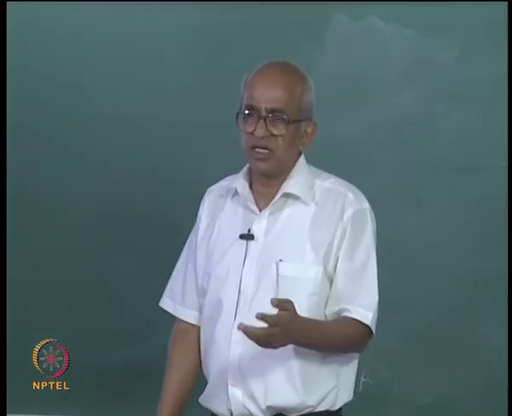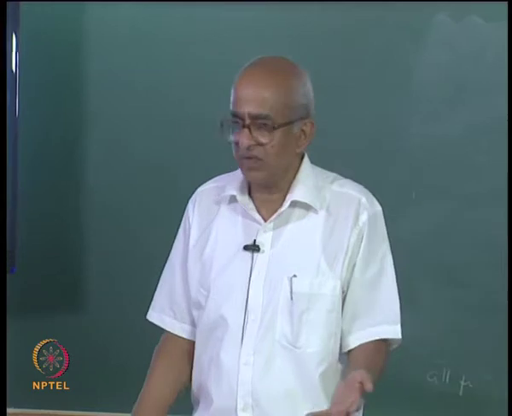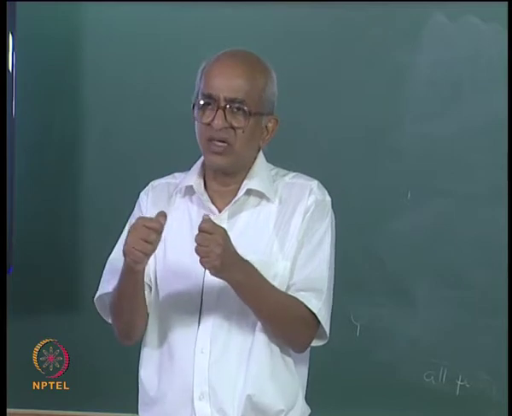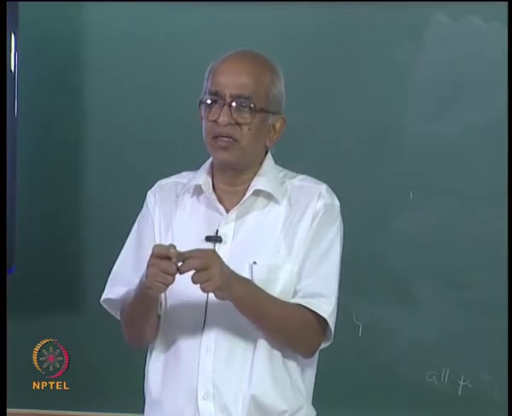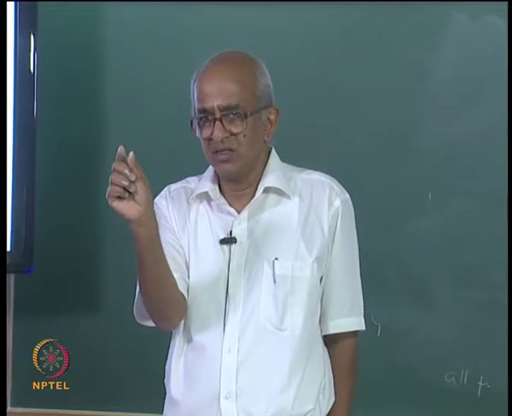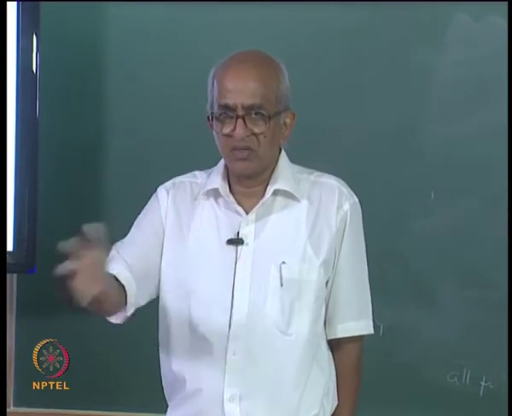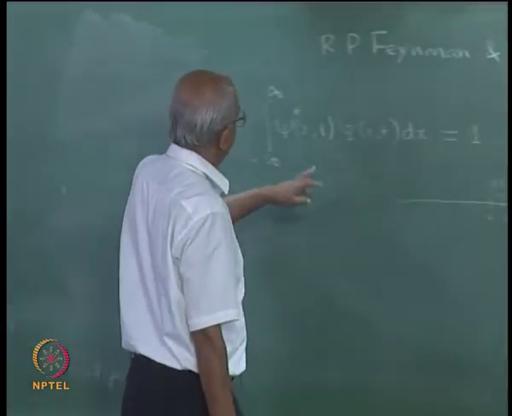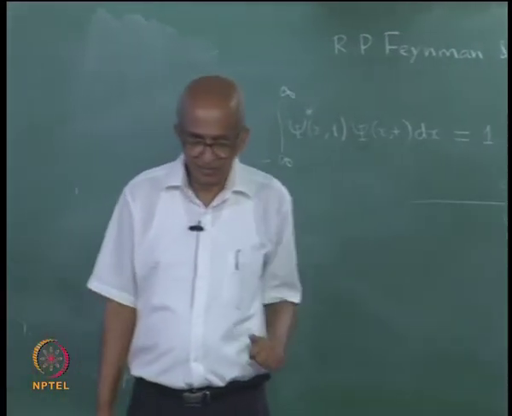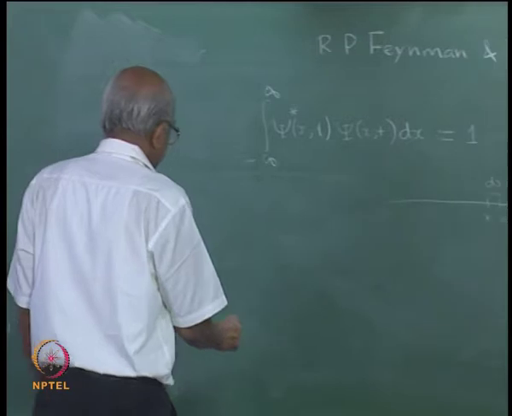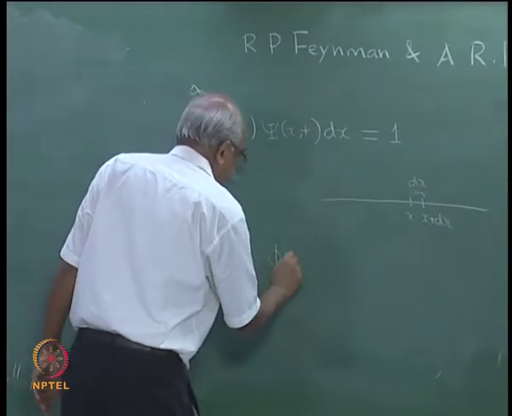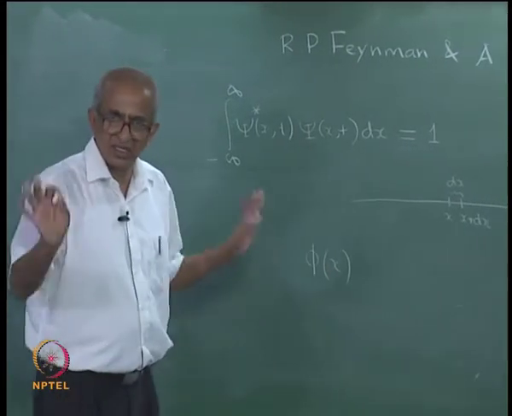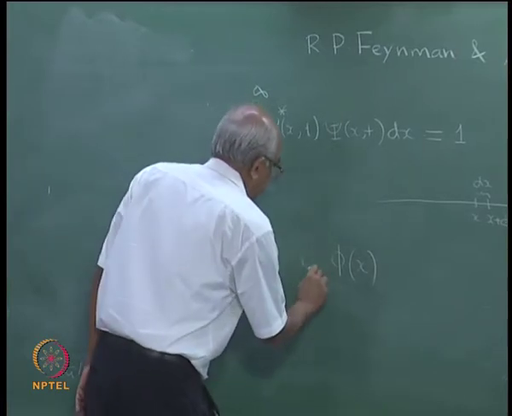So, this is a condition that my state function would have to satisfy, otherwise I am going to say that it is not acceptable. Because I am postulating that psi star psi dx must be the probability that it is in a small length dx. So, total probability has to be equal to 1. So, therefore, this integral has to be equal to 1. But suppose I have a function for which it is not equal to 1. For example, maybe I have a function, I can think of any simple function, but let me just take a function phi of x. I am not going to write the time dependence anyway, let us not worry about that. I want to just illustrate the point.